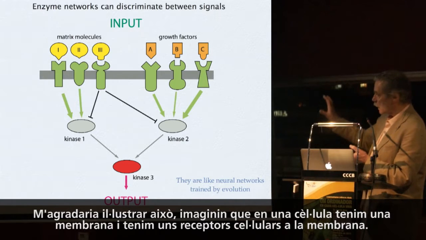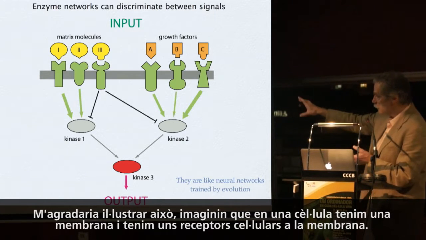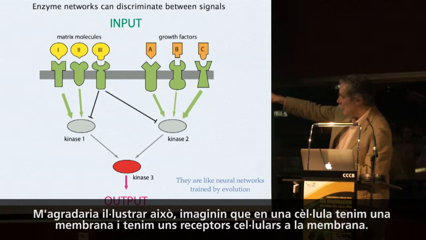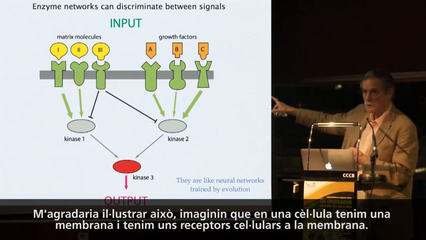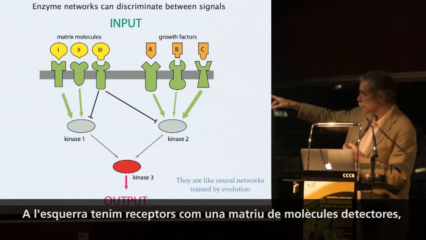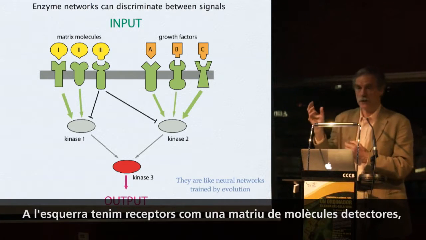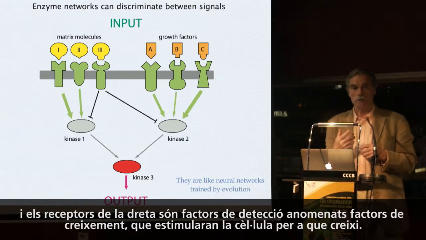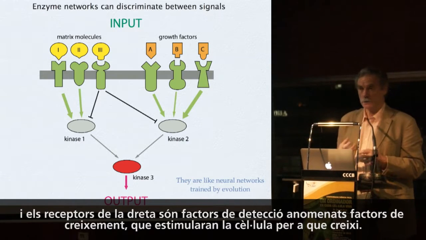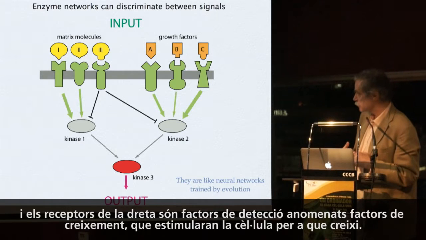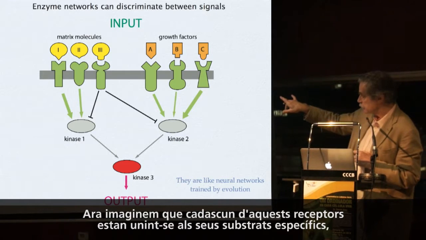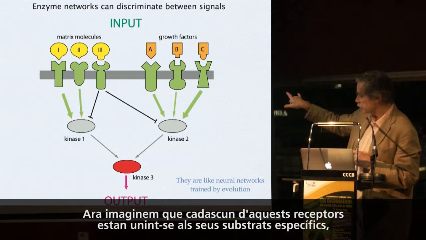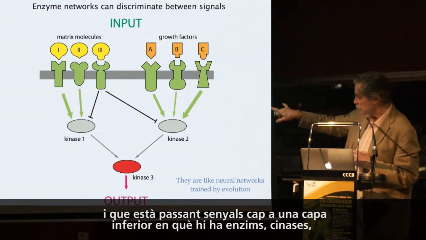So imagine that we have, in a cell, a membrane, and a set of receptors in the membrane. On the left, we have receptors that are detecting matrix molecules. The receptors on the right are detecting factors called growth factors, which are going to stimulate the cell to grow. Now, let's imagine that each of these receptors is binding to its cognate ligand, and then it passes its signals